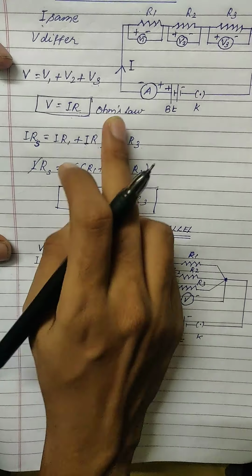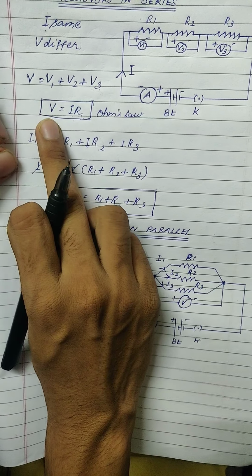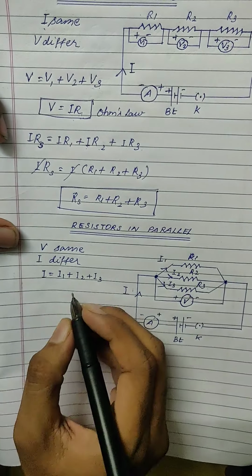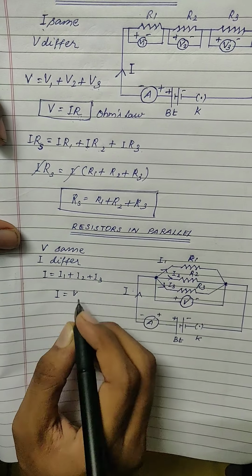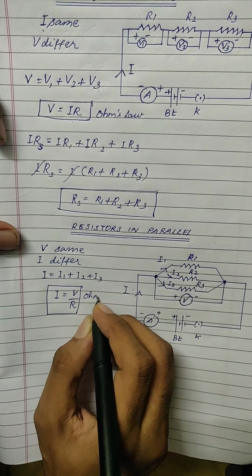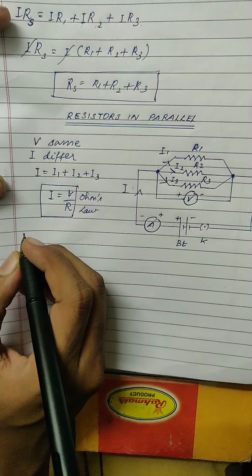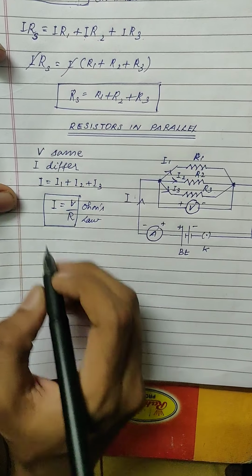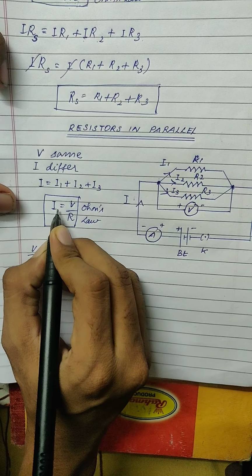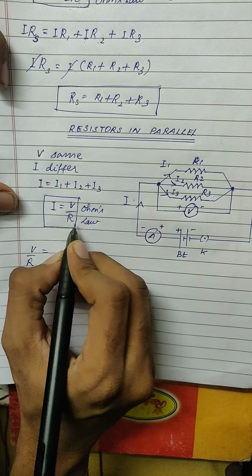So now from the same Ohm's law, now we have to equate I because here we had equated V. So from Ohm's law, what is I? I will be equal to V by R, isn't it? That is the formula from Ohm's law which we get for current. So I is equal to V by R. Okay. So now we have to change these, isn't it? So now I will become V by R. Actually I1 should become V1 by R1, I2 should become V2 by R2 and I3 should become V3 by R3.